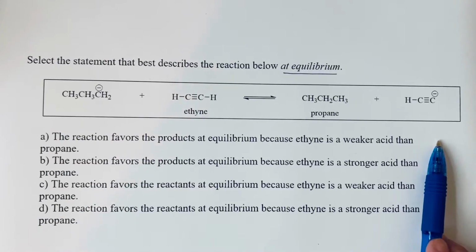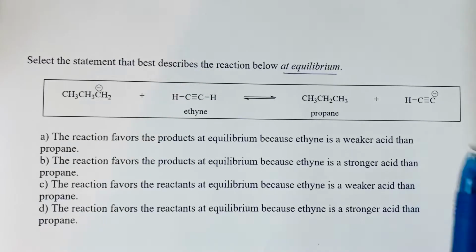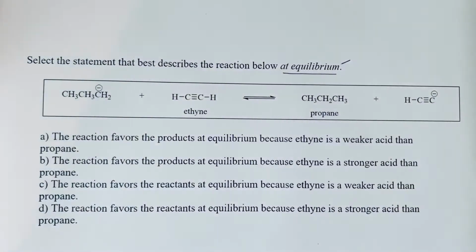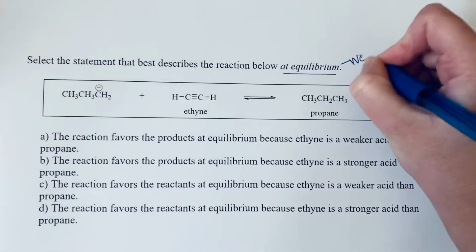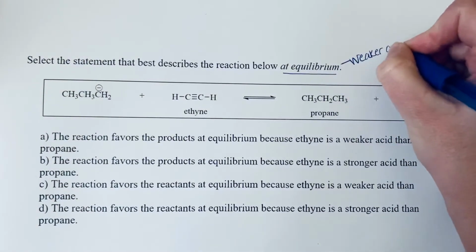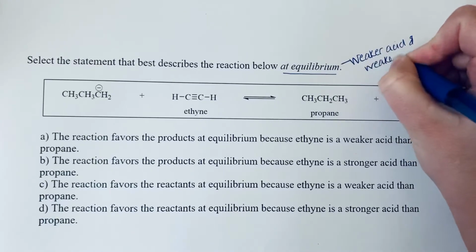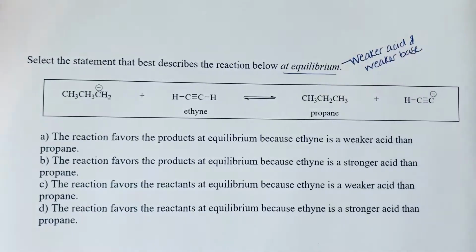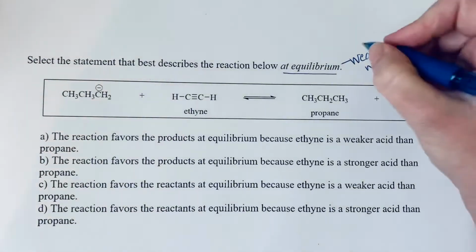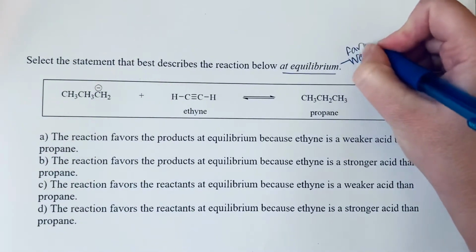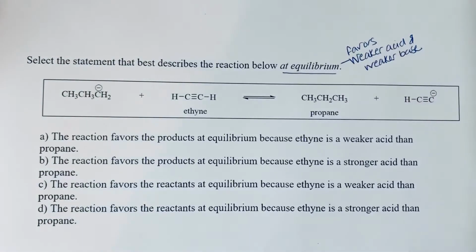And so since this is an acid-base reaction, we need to find the side of the equilibrium that has the weaker acid and the weaker base. And we will say that is the side of the equilibrium that is favored. So we say it favors the weaker acid and the weaker base. So we don't have pKa values given to us, which means this is a problem we can solve by applying